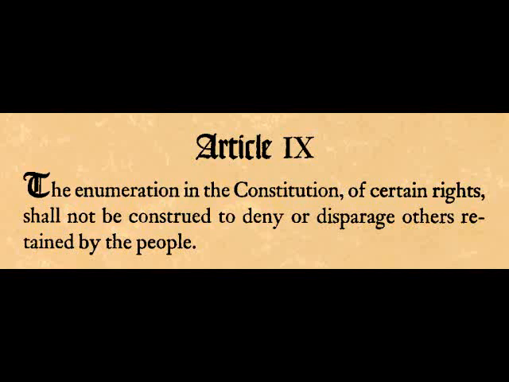So when you talk about the ninth article, where it says the enumeration in the Constitution of certain rights, we can take that back to certain authorities, because a right is a power or a right, if that's what an authority is. So we can define it as: the enumeration in the Constitution of certain authorities shall not be construed to deny or disparage others retained by the people. And when they say the others retained by the people, that tells you